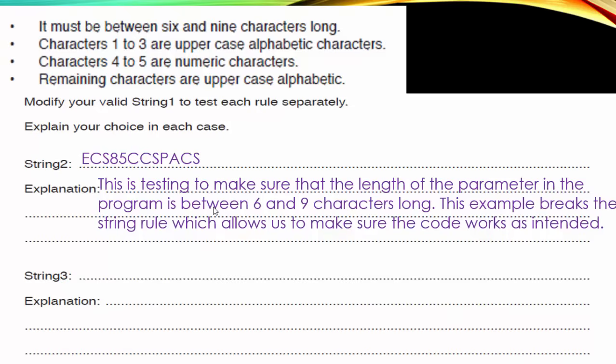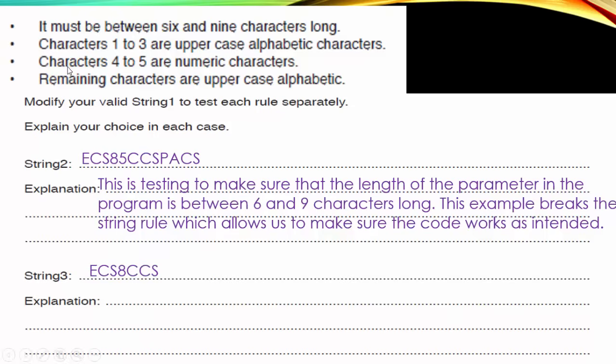We tested for true, so now what we have to do is break each of these rules and test and make sure it comes out as false. But we need test data to do that, and we have to come up with test data. And that's what they're assessing here: can we come up with test data to test our program? So the next one,